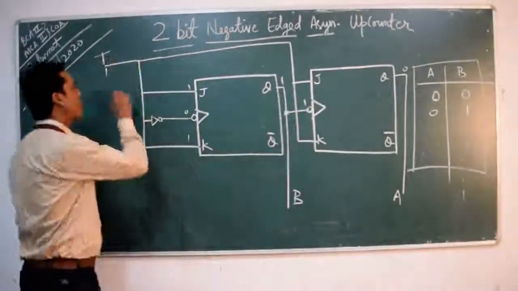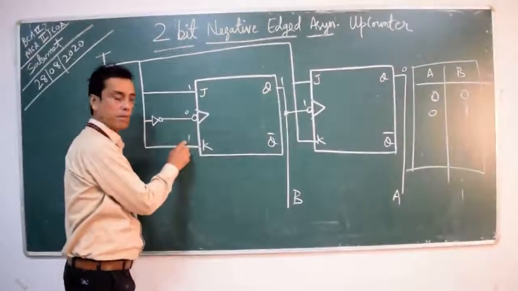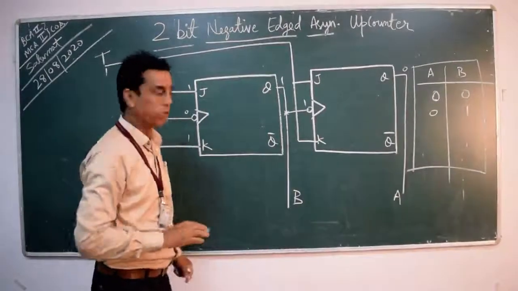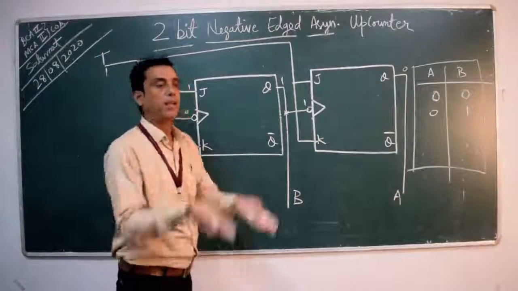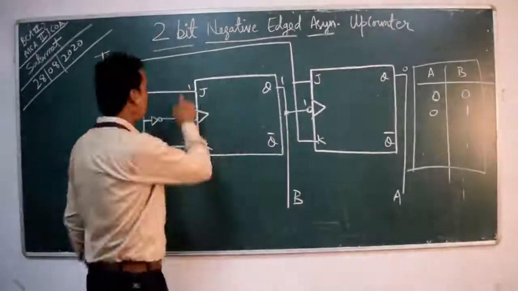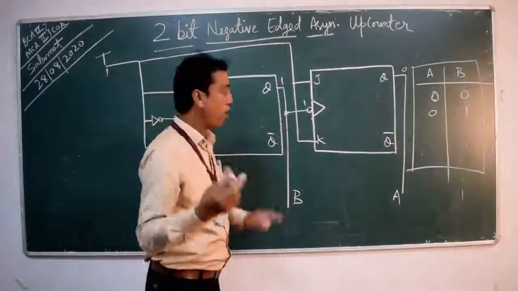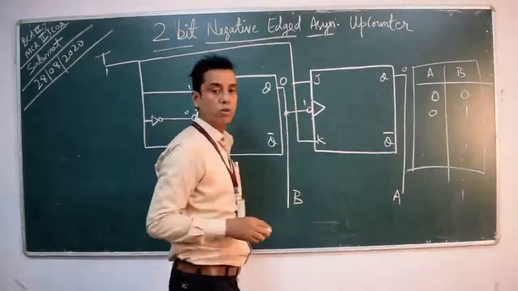Again I am going to trigger it. Put 1 here, and this 1 will pass through the NOT gate and be converted to 0. When it receives 0, the J and K gate will open and 1, 1 will get inserted. And 1, 1 is a toggle state. What is the value? 1, which will be toggled to 0.